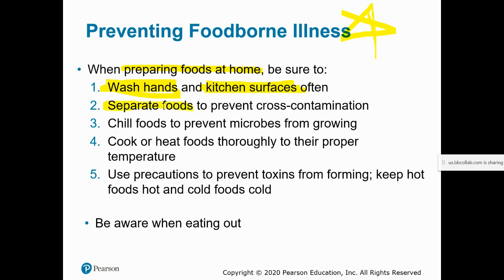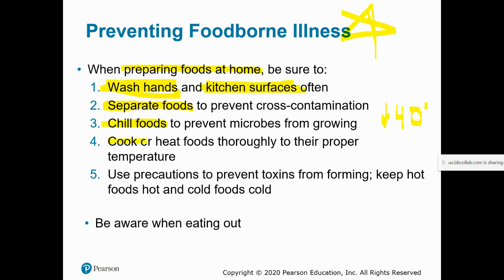Again, separate your food. This is particularly around raw meats, eggs, and fish. So if you're going to cook with raw meats and eggs and fish, do those first and then clean thoroughly. Or they don't have to be first, but do it separately from your fruits and vegetables, and make sure to do a thorough cleaning before and after the raw meat or fish or eggs. Again, cool foods back down to below 40 degrees Fahrenheit once you're done eating and serving it.